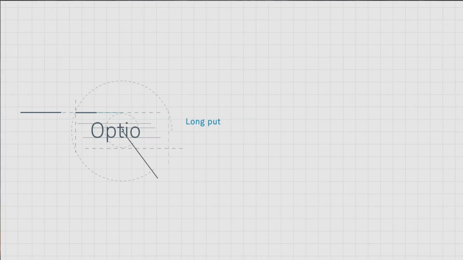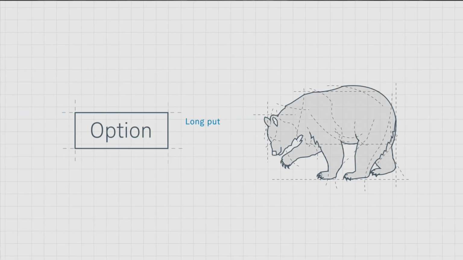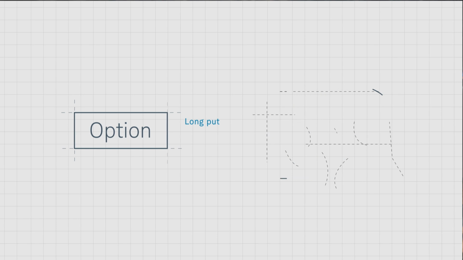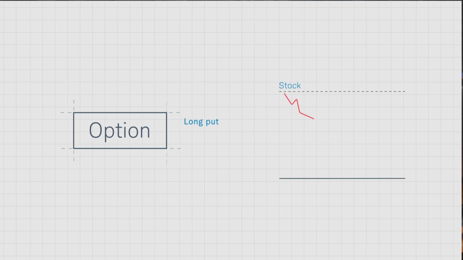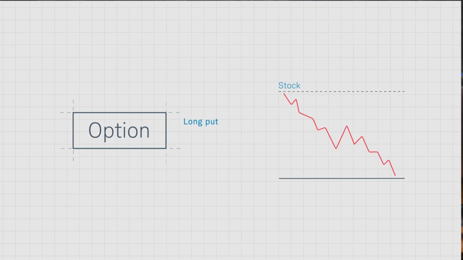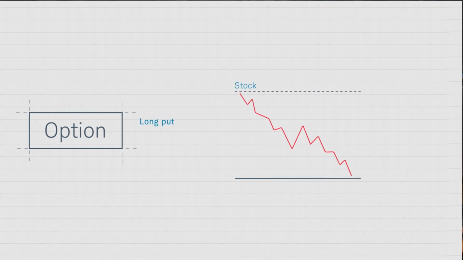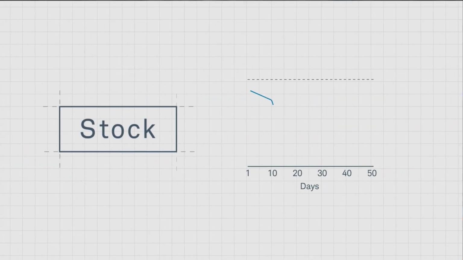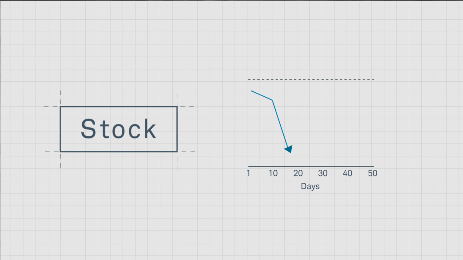Remember, a long put is a speculative bearish trade where you buy a put option expecting the price of the underlying to go down a lot and to do it quickly. With long puts, we're looking for an underlying that we expect to drop in price soon. And again, we're not looking to speculate on a big event like earnings. Instead, we're trying to increase our probability of success by looking for downtrending securities that we think are likely to make a big, quick drop.